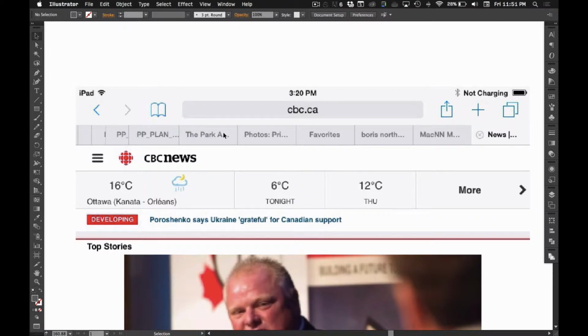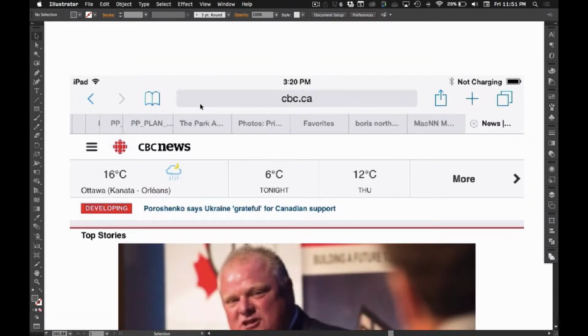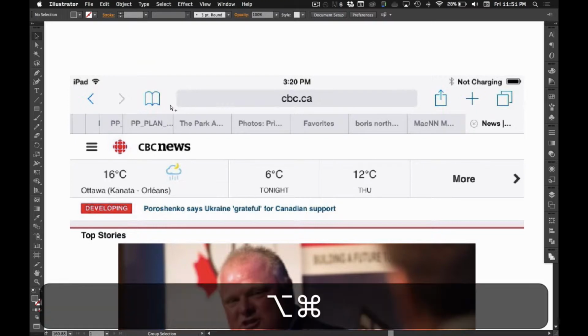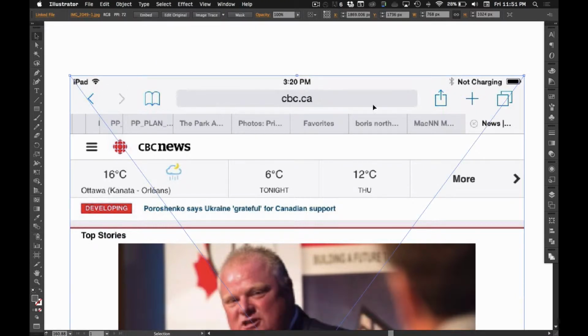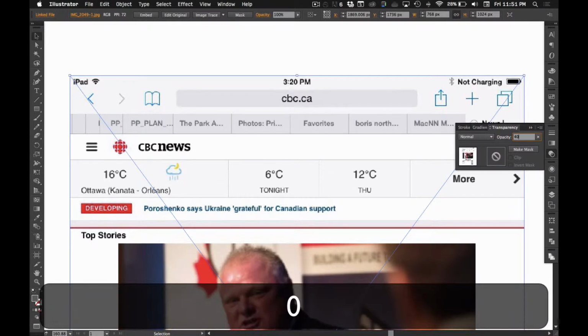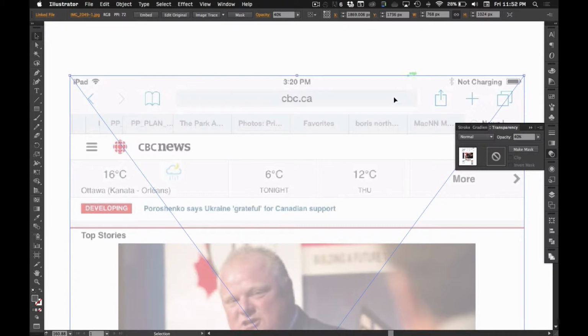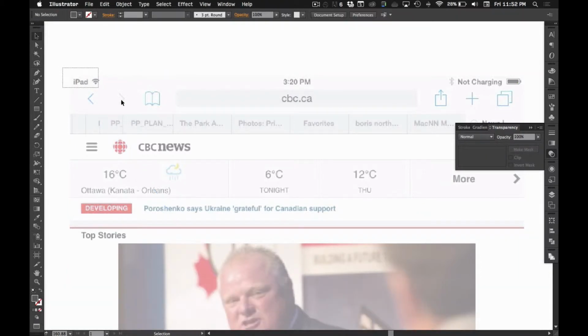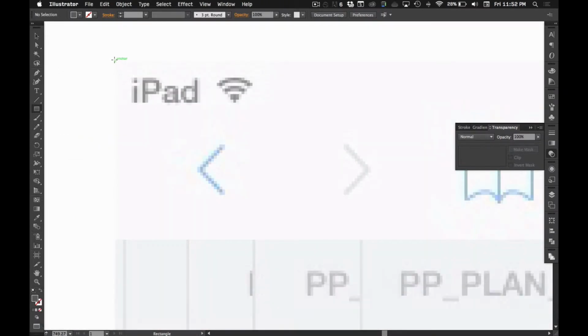Alright, so I've got my reference here. I'm going to go to the opacity panel and change this to like 40%. And now with this selected, I'm going to hit Command 2 to lock it in place. And so now I'm going to zoom in and select the rectangle tool with the M key. That looks to be about